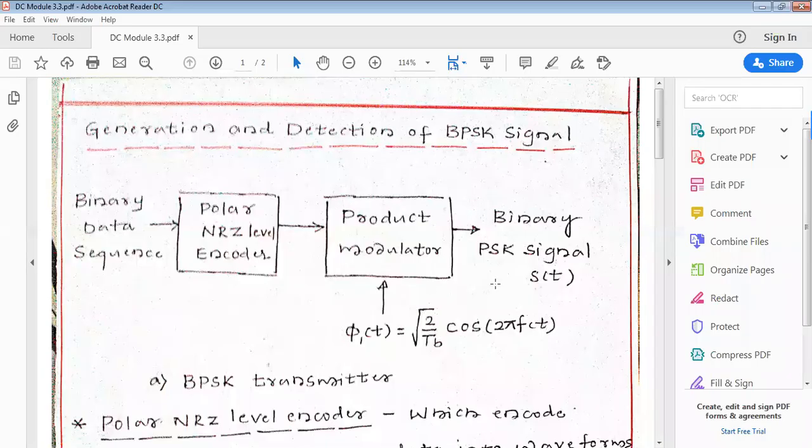Morning everyone. Dear students, in the previous video we discussed the BPSK signal and also how to construct a signal space or constellation diagram for the BPSK signal, right? There we understood how to locate the two message points corresponding to the signals S1 of t and S2 of t for binary symbols 1 and 0. In today's video, we'll discuss how to generate and detect the BPSK signal.